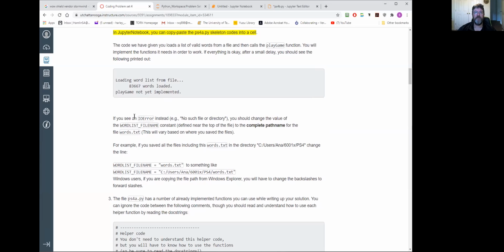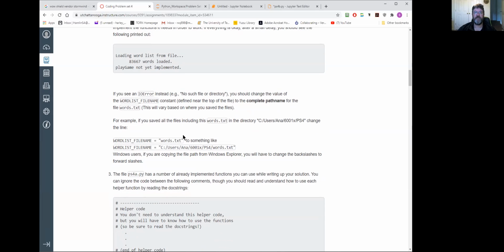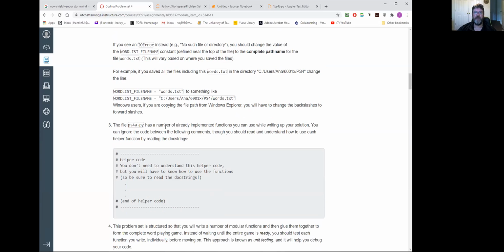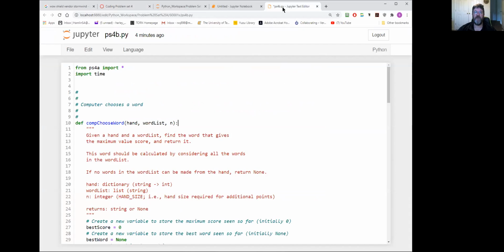Not yet implemented. If you see, which I didn't, you should change the value. No, everything's fine. If you save the files, including, no, I put it in the right place, so we're good. The file, that would be this file right there,